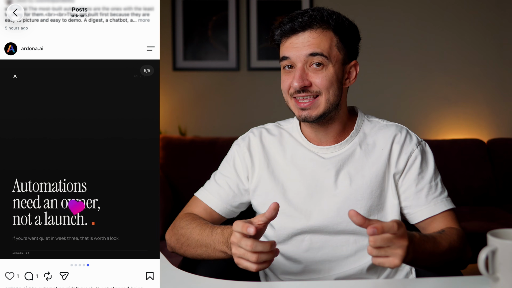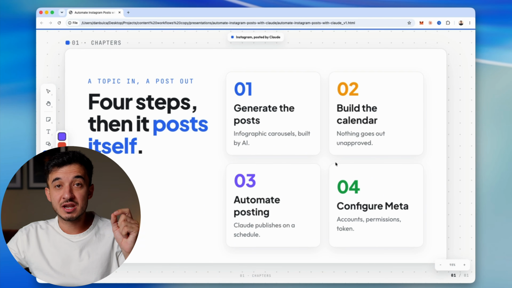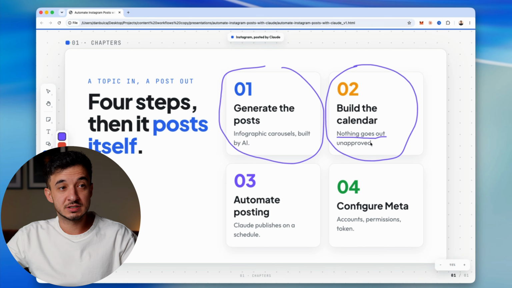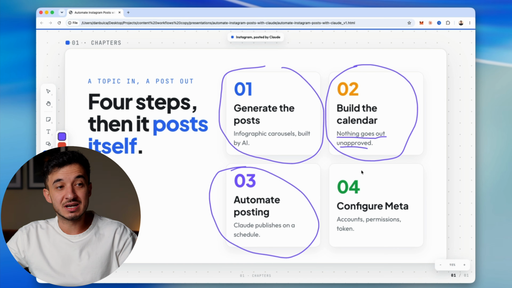If you want to see how I create posts like this and how they go straight to Instagram without me touching anything, then this video is for you. I'm gonna show you step by step how I generate the posts, how I build the calendar, because nothing goes out unapproved, how I make Claude do the posting for me, and how I configure the Meta account,